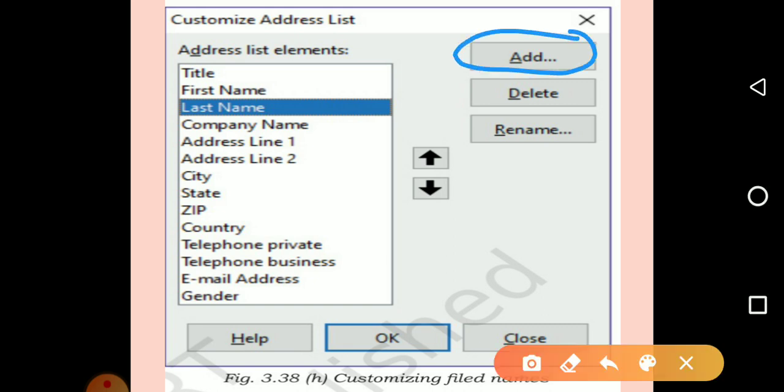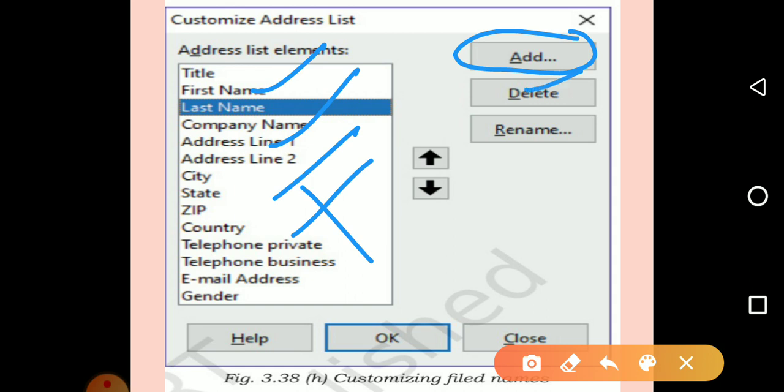Suppose you don't want any address field. These are all called fields: the name, address, telephone numbers, whatever you have given, they are called fields. So one record contains many fields, so it will be stored as a database. Suppose you don't want any field, for example you don't want country here, you can just select and delete it.